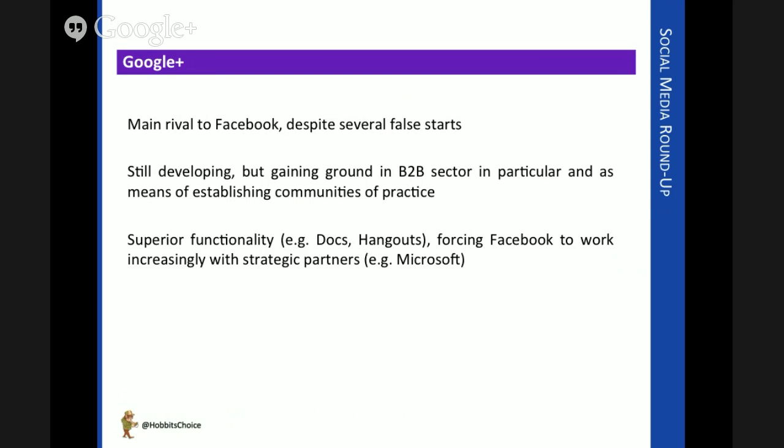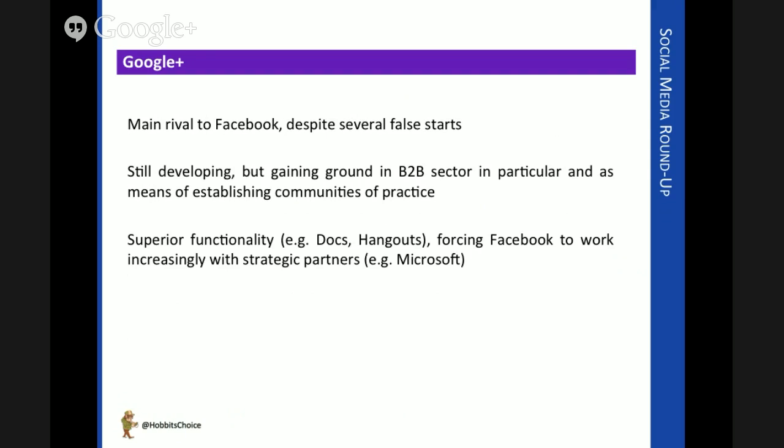I think Foursquare is going to become increasingly important along with other platforms like it. And then there's Google Plus, the main rival to Facebook, in my view. It's had several false starts, which is why Facebook gained first mover advantage. It's kind of settling down now. It's a very powerful platform, and it has a number of functions that you just don't get anywhere else. The Docs and Hangouts facilities, for example. That's had an impact on Facebook. They've had to partner with Microsoft, who acquired Skype, in order to add the same kind of video conferencing ideas into Facebook.